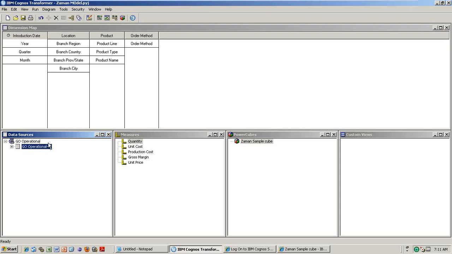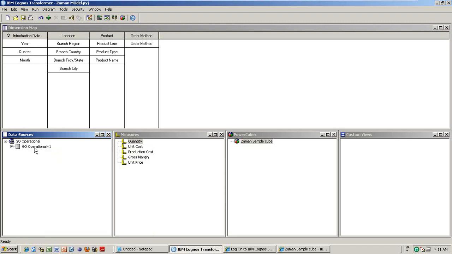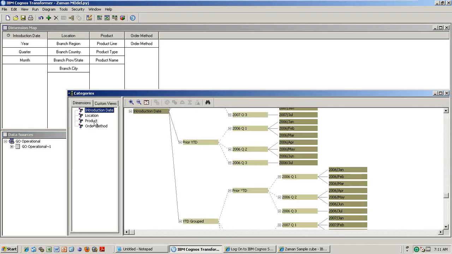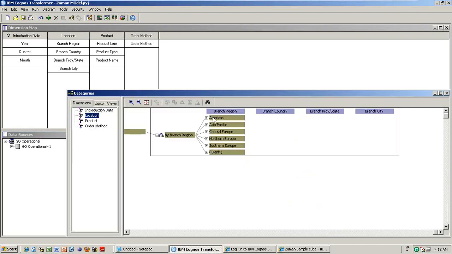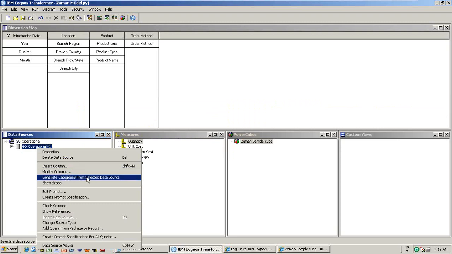But what is the purpose of explaining union and all those things? Generate the categories from selected data source means normally when cube building, it will generate using all the databases, whatever you added. So then what will happen in the show diagram? If from one data source I am getting America and from one data source Asia Pacific, both will come, America and Asia Pacific, because it is taking the union. But for example, for testing purposes, I want to generate categories from the selected data source.